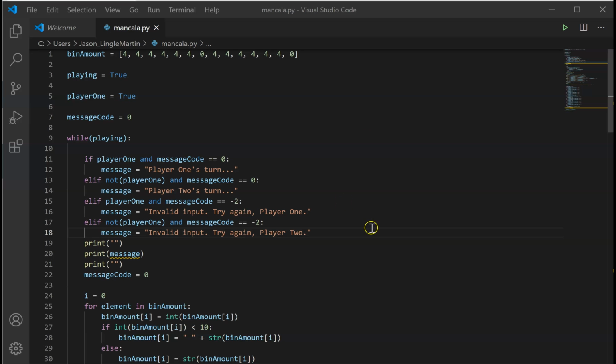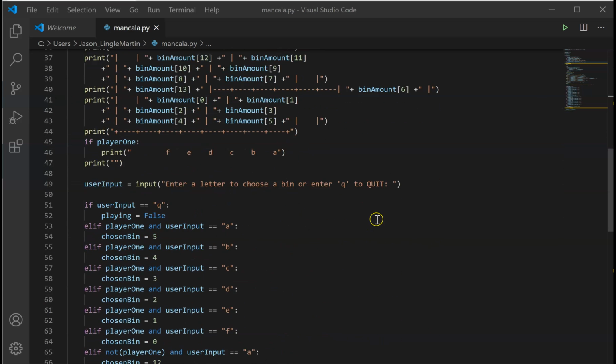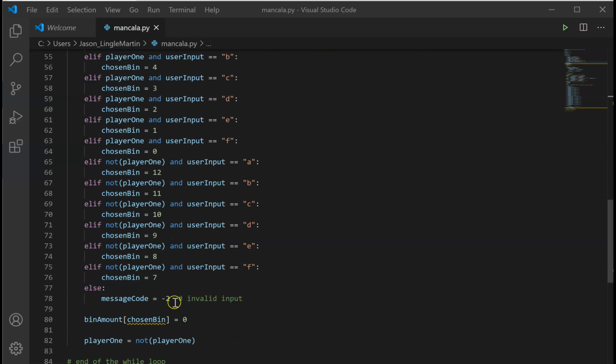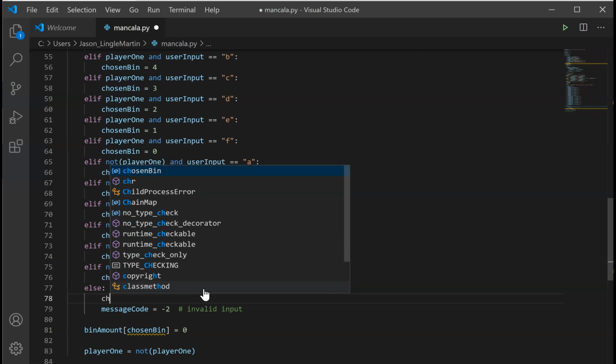So before we test the code and see that this works, let's look carefully through it. What we haven't done in this block is set the chosen bin value, but what I see in line 80 here is the chosen bin is going to be accessed. So I actually don't want that to happen. So to avoid that problem, let me do a couple things. I'm going to set the chosen bin